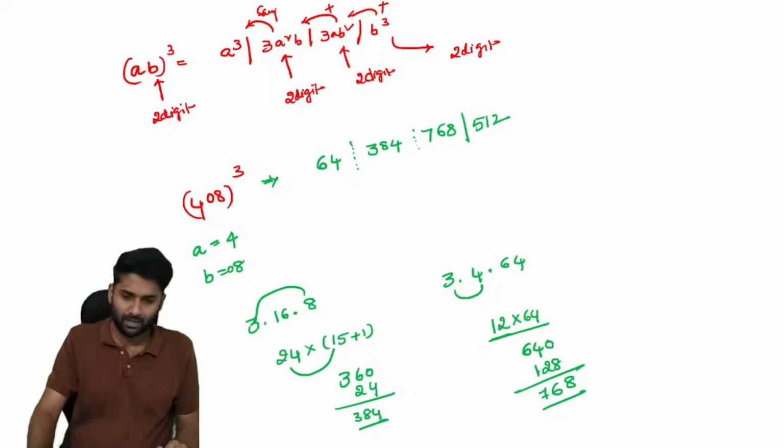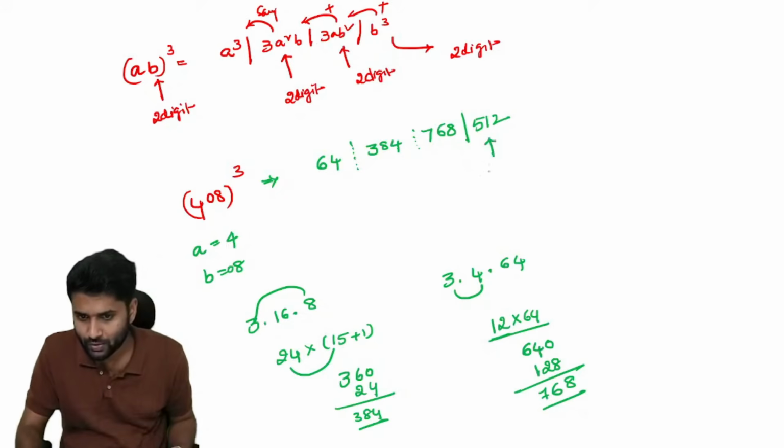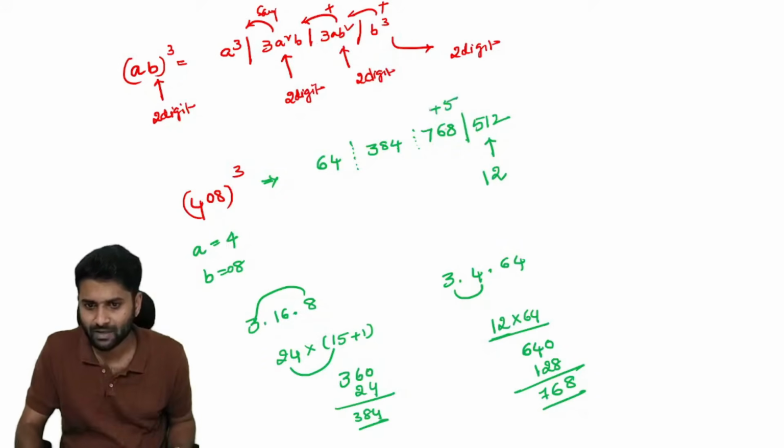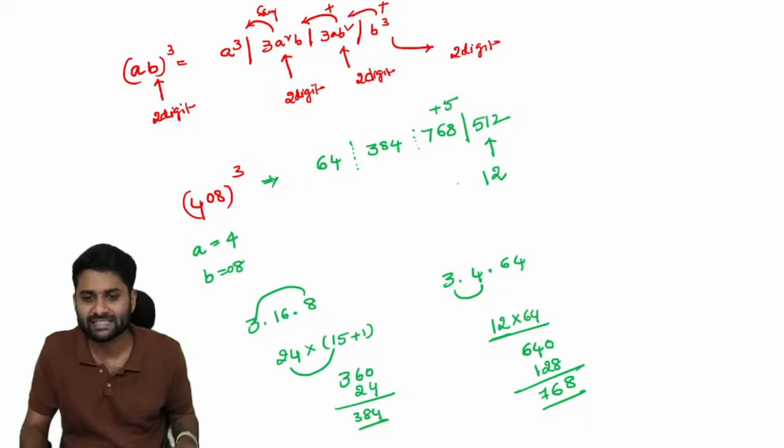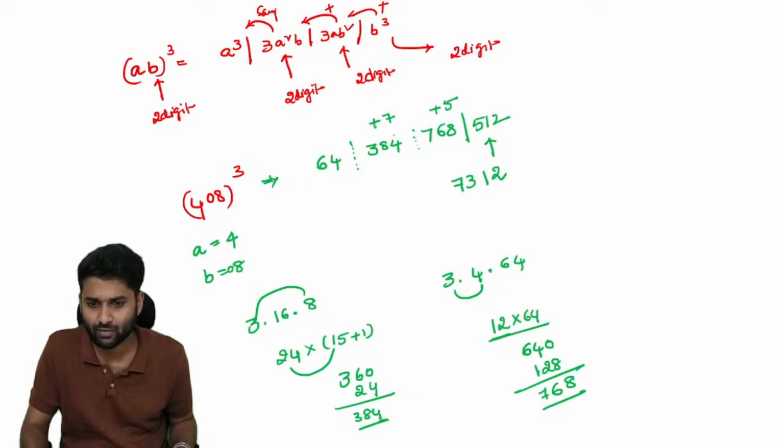Now I told you, write down only two digits. Here write down 12 and 5 is carry over. And 68 plus 5 is about 73. Write down only 73, 7 is carry over. Again 84 plus 7 is 91. Write down 91, it's a 391, right? So 3 must be carry over. 64 plus 3 is 67. So the answer